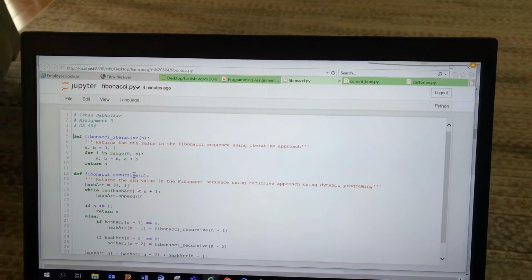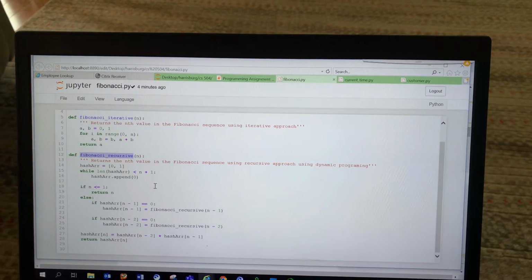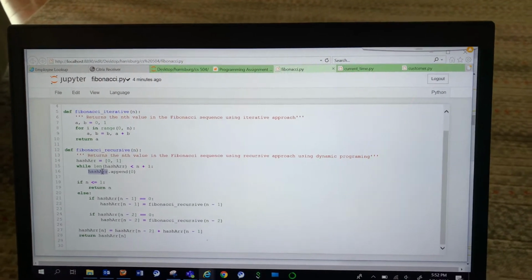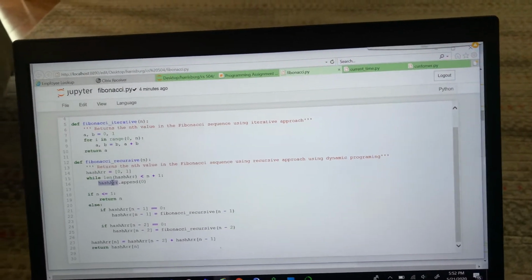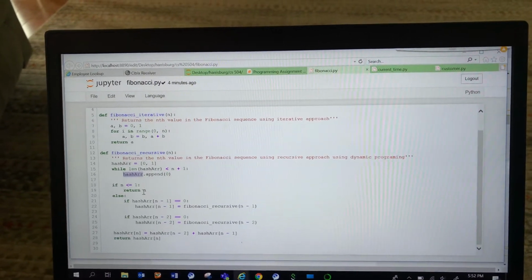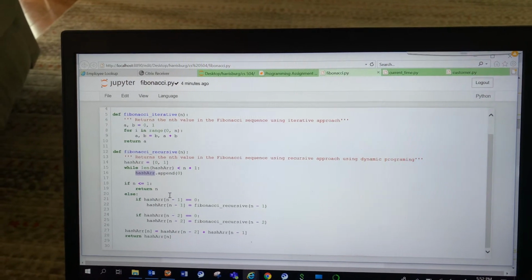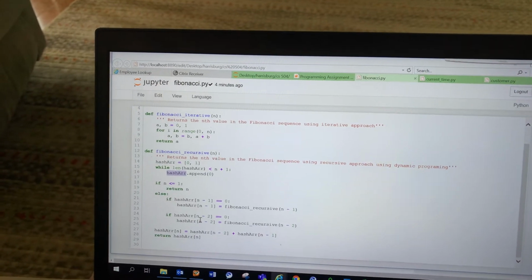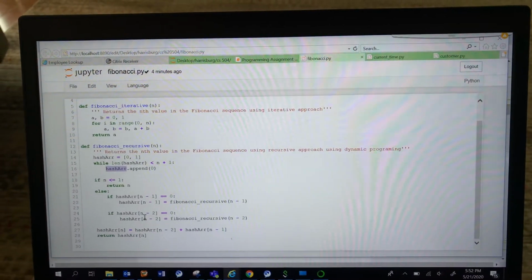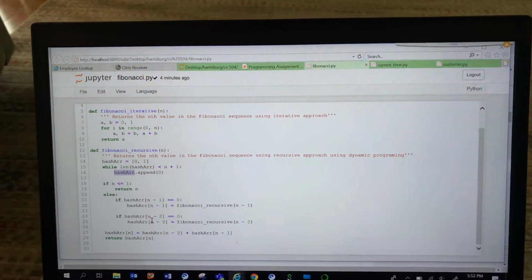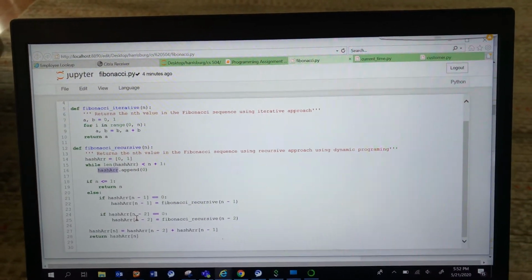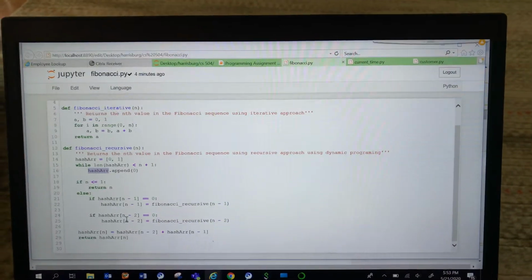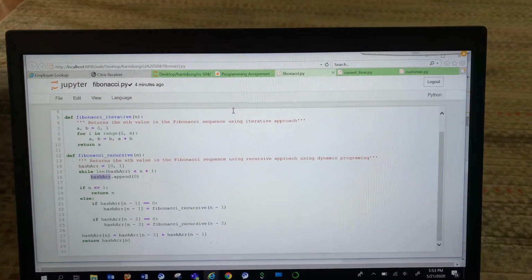In the next function, I have the recursive method, but this is using dynamic programming. So what this basically does is it has a local hash map or a hash array, which is used for memoization. Each time we compute, we save it into this hash map. Let's say we want to compute the Fibonacci of 8, which is equal to Fibonacci of 7 plus Fibonacci of 6. Before we do all of that, we check if the Fibonacci of that number is already calculated in that array. If it is, we just return it, otherwise we calculate all the way down. So this is the dynamic programming approach of doing it.